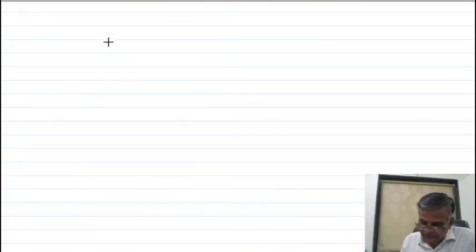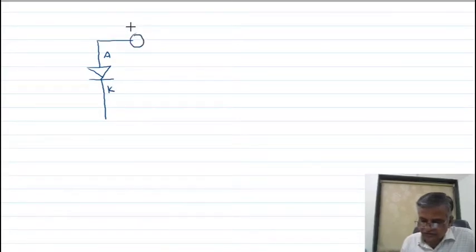See, this is your anode, this is your cathode. Here I am connecting one current meter to measure the anode current. I am connecting here